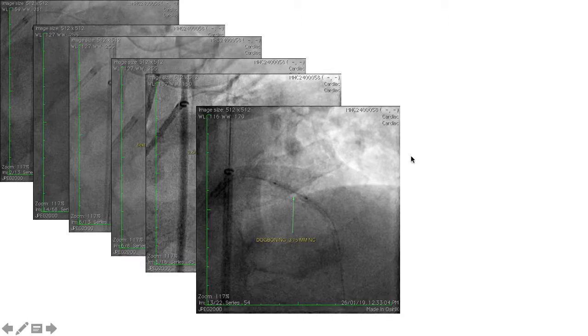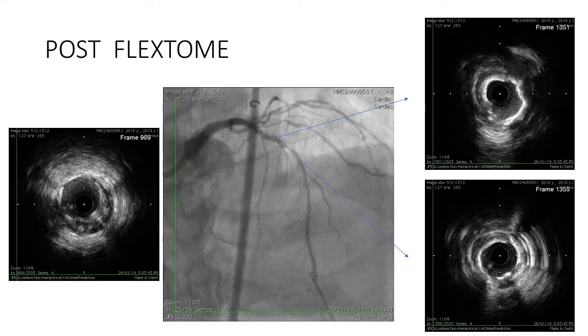So after distal stent expansion, I retried to modify the proximal lesion. You can see when I dilated with a 3.3 by 15 NC, there is a kind of dog boning here. So then I took a 3 by 8 NC, and also I did a FLEXTOME here. Then there is a complete expansion of the balloon, which you can see here. And you can see this is a post-FLEXTOME